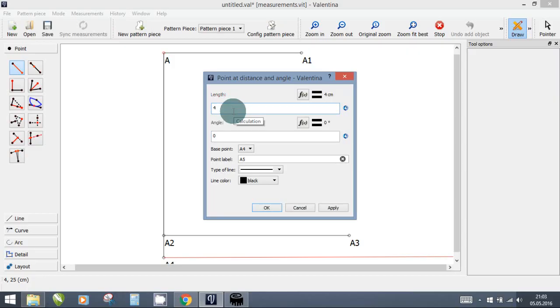They will stay the same through all sizes, so I will put in our actual value instead of a formula depending on a measurement. So always when your formula depends on the measurement, then this line or curve will change when you change the measurement table, and when you put in a real value, this length will stay the same when you change the measurement table. So in this case, the 4 centimeters stay the same no matter what size the panty has. So we click OK,